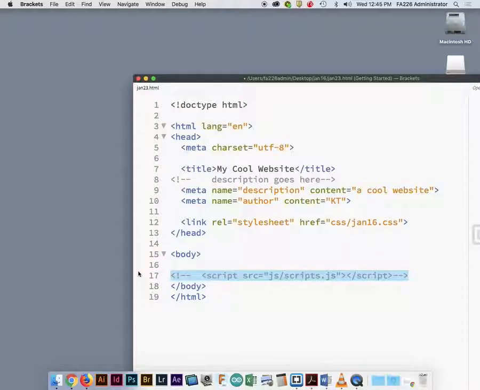Okay, so remember, if you're taking one of my other classes, comments in HTML aren't as easy as they are in, say, Processing or another coding language. It's this wacky looking thing here, okay? Anything between this weird arrow sign and this one here, that's a comment. I'm gonna get rid of the script tag because I don't need it. So for instance, what you could do is you could just start typing,